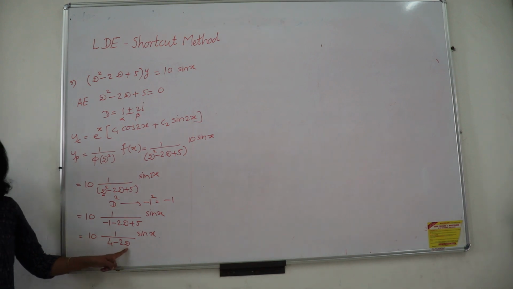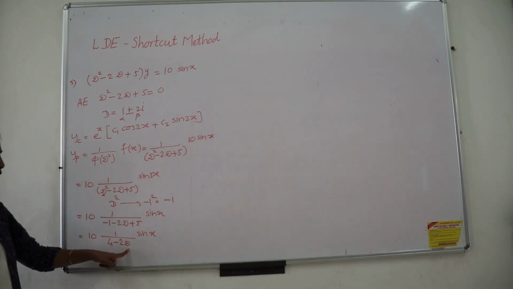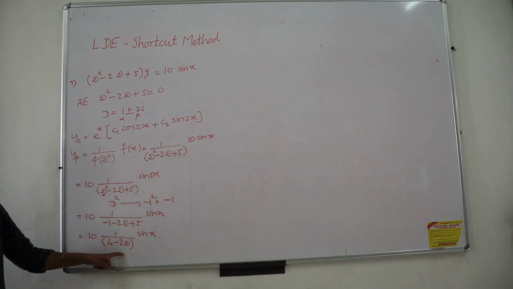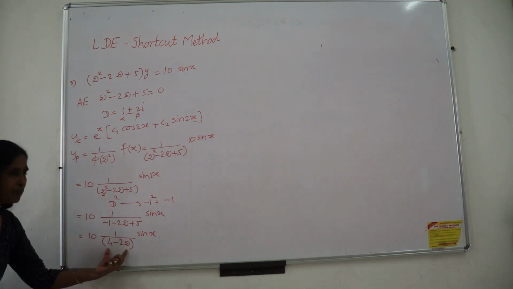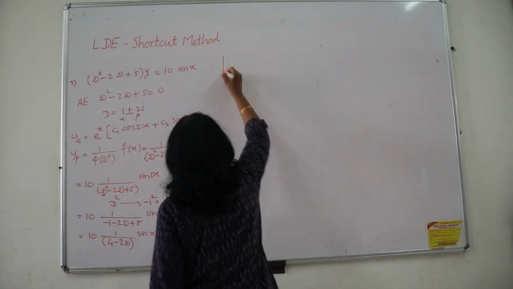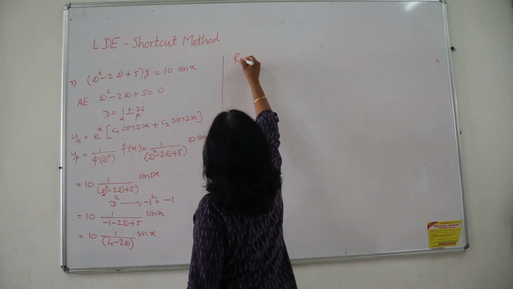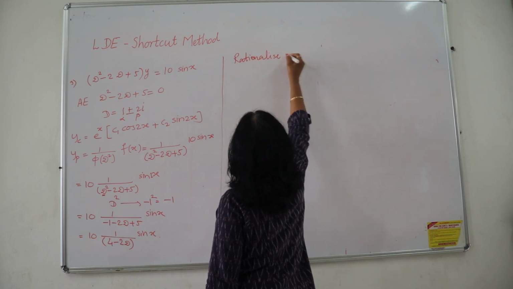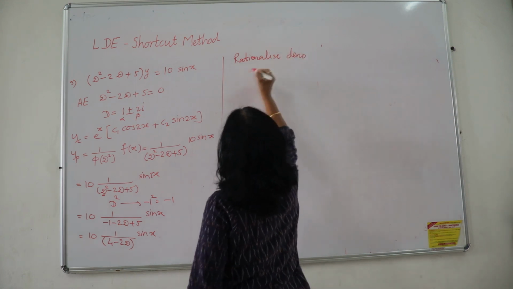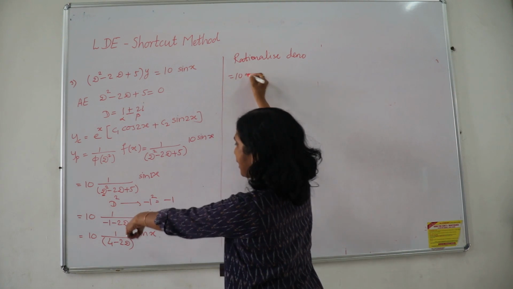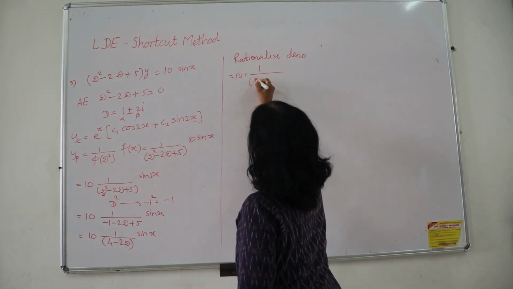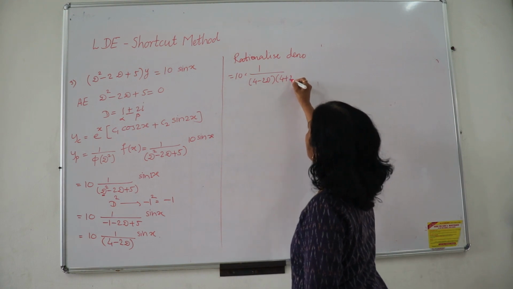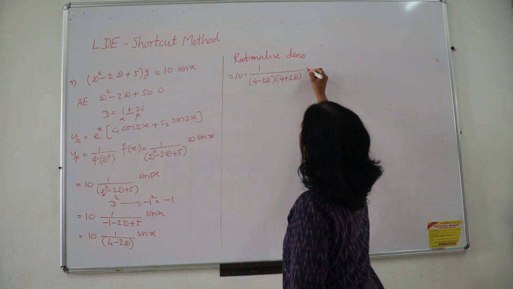Now see, a very interesting situation you are facing here. 1 upon D is not integration here, you cannot apply that, and D cannot be replaced either. Where such a binomial comes, what you have to do here is rationalization of the denominator. Rationalize the denominator. Okay, so how to rationalize? 10 will remain as it is, 1 upon 4 minus 2D, take its conjugate, 4 plus 2D, sin x is going to remain as it is.